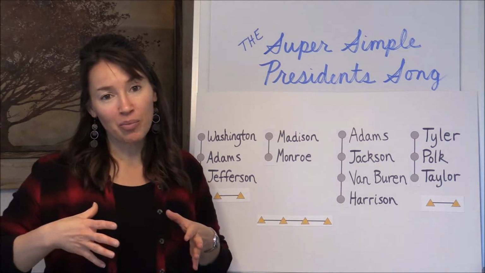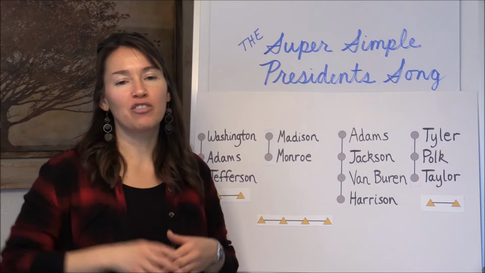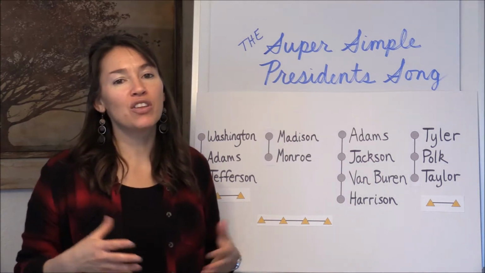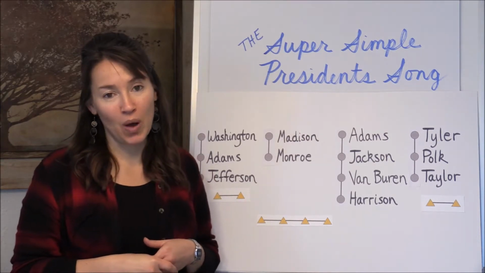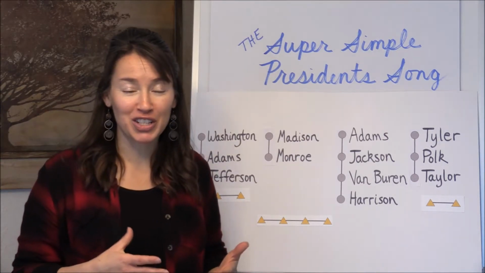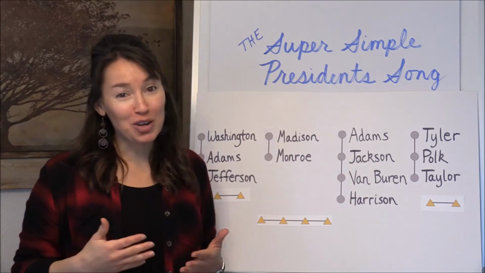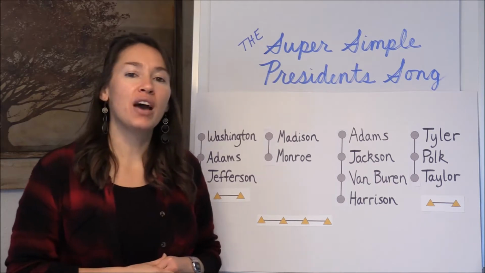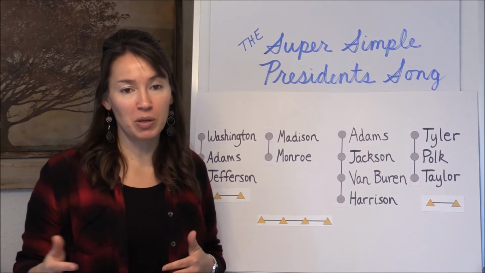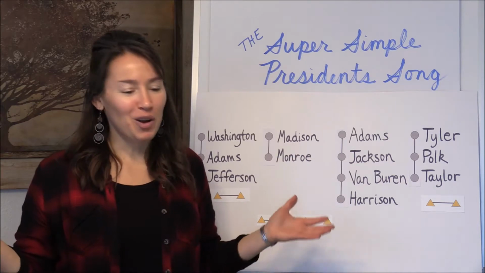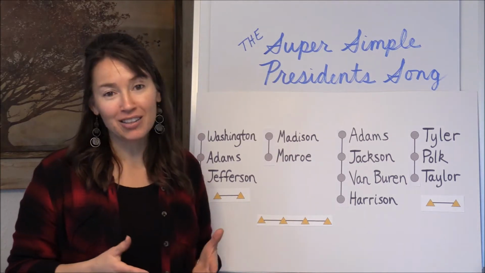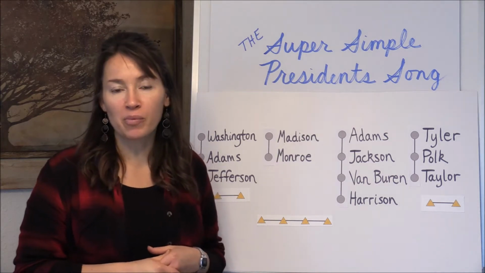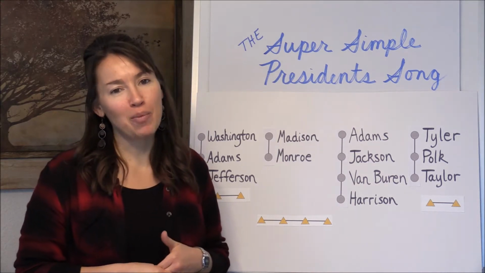The head of the executive branch is the president. So the president is a very important role. However, there are many other important roles as well. Our founding fathers understood that no one man or small group of people should be entrusted with too much power, because they knew that power tended to corrupt people. They had been ruled over by a tyrannical king of England, and they did not want to set up a form of government that would allow for that to happen again.